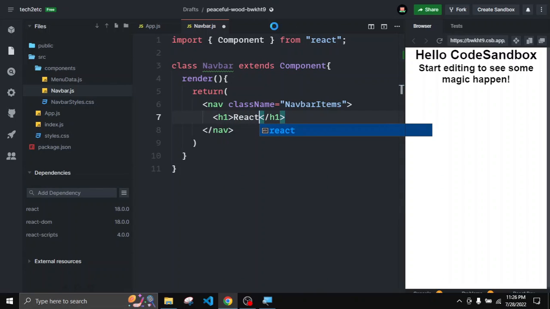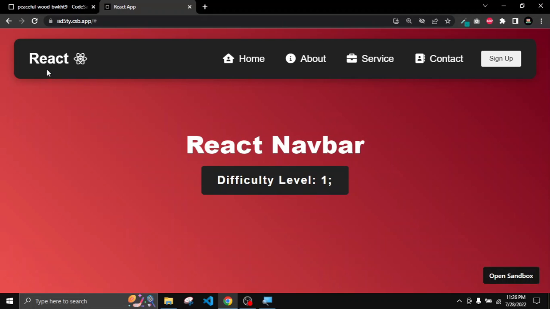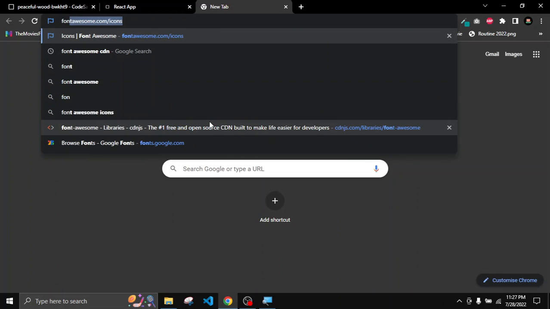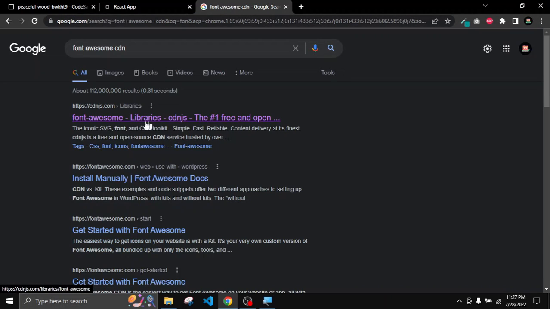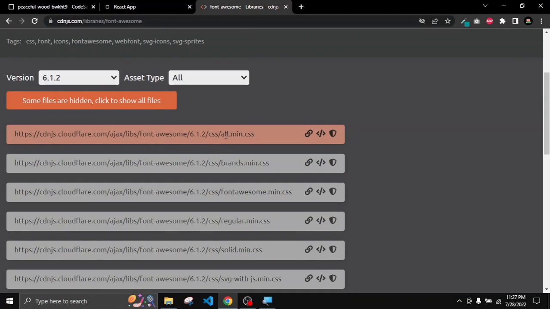And if I go to our website, here you can see that after React we have an icon also. This icon is from Font Awesome. So for using the Font Awesome icon inside our website, we have to add the CDN link of Font Awesome inside our project. For the CDN link, just go to the browser and search for Font Awesome CDN, and then press enter. Then you have to open this first link, and from here I will select this one,